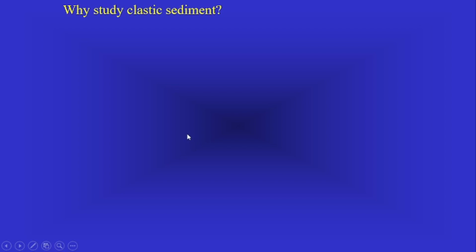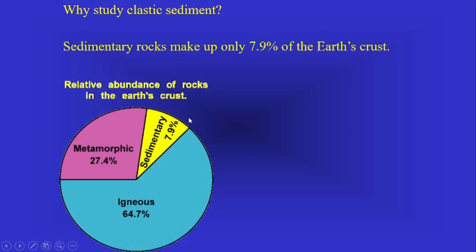Why study clastic sediments? That is an important question. Sedimentary rock makes up only 7.9% of the Earth's crust. This is the relative abundance of rock in the Earth's crust. For example, most of the Earth's crust is igneous rock, more of it granitic, the solidified product of the magma or lava oozing from the subsurface of the Earth. Then we have pre-existing rock altered by heat and pressure, metamorphic rock,